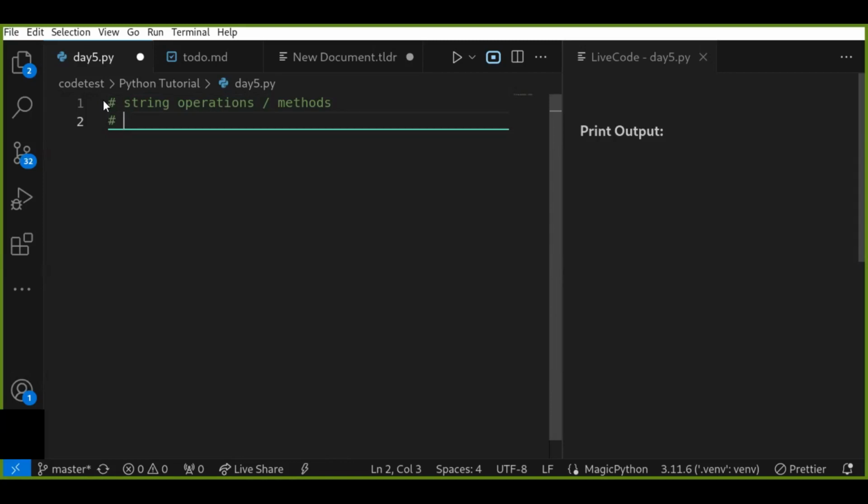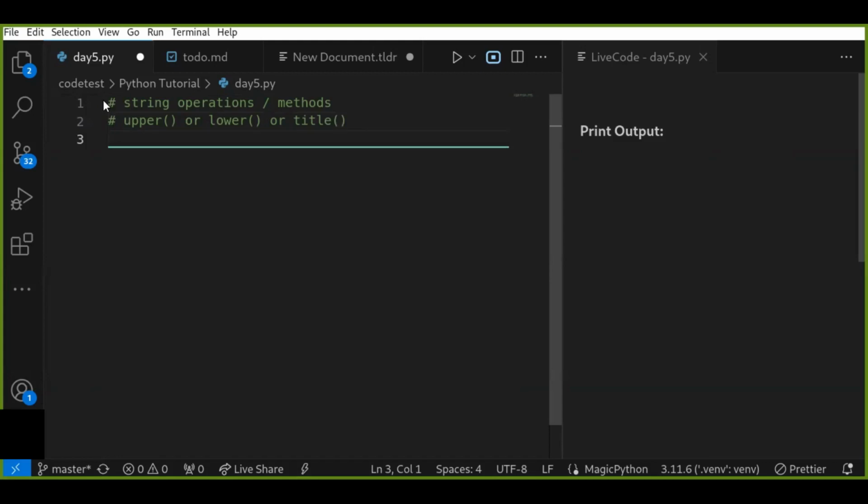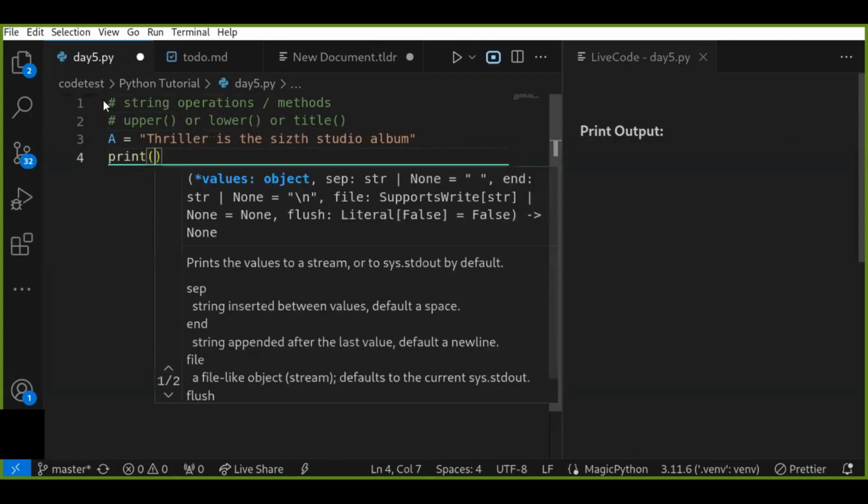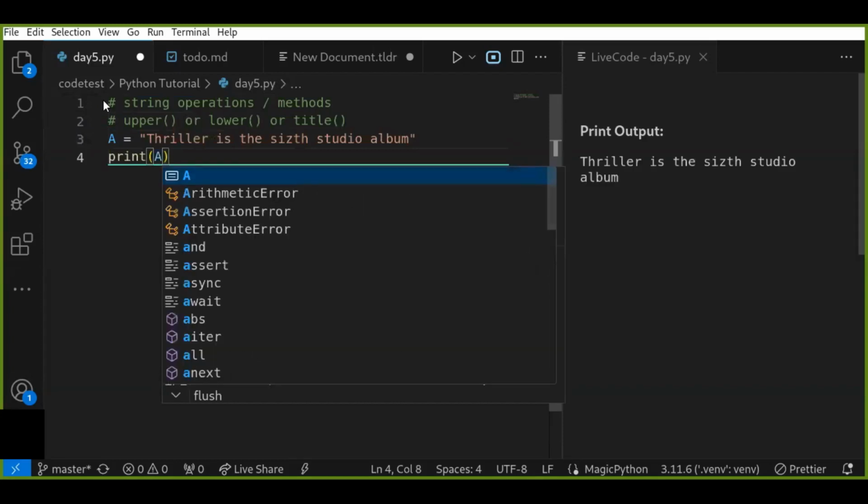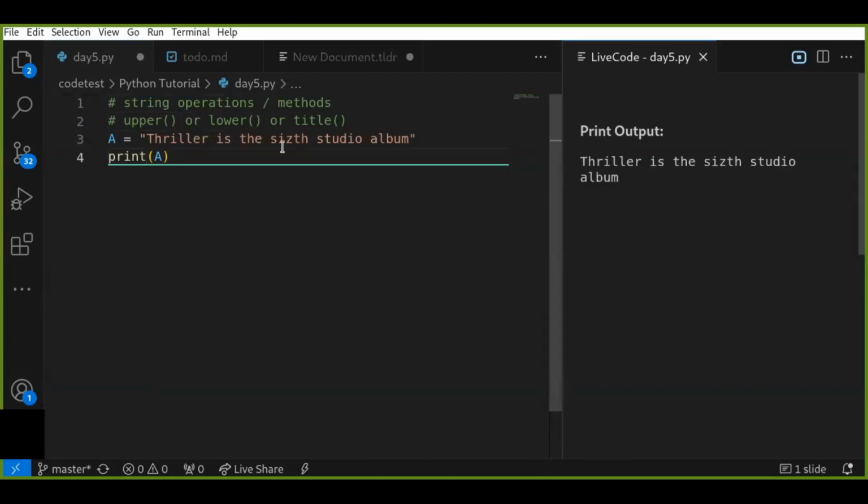Upper is one of the string manipulation methods, and the other is lower, and also title. This method converts lowercase characters to uppercase characters. For example, let's say I have a string A. The string contains, let's print A, for example,